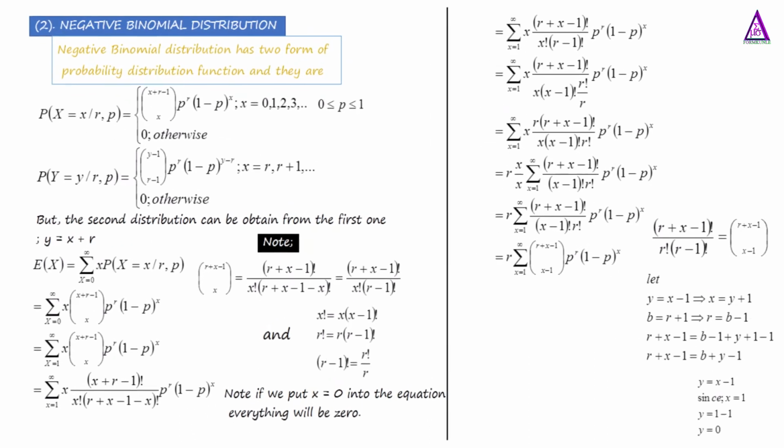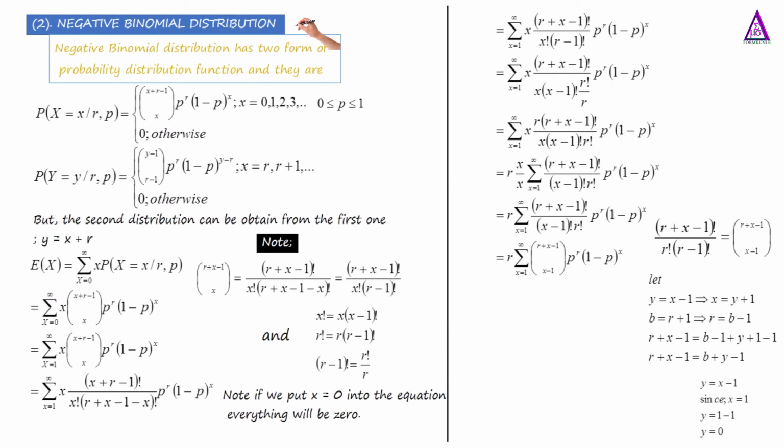Negative binomial. Negative binomial distribution has two forms of probability distribution function. The first one is called P(X = x | r, p) = C(x + r − 1, x) p^r (1 − p)^x, where x ranges from 0 to infinity, and p is 0 less than or equal to p less than or equal to